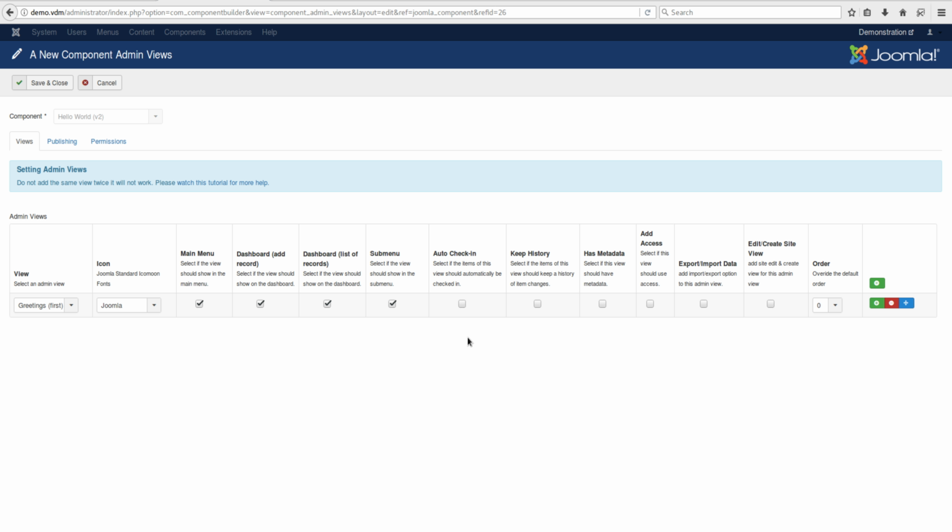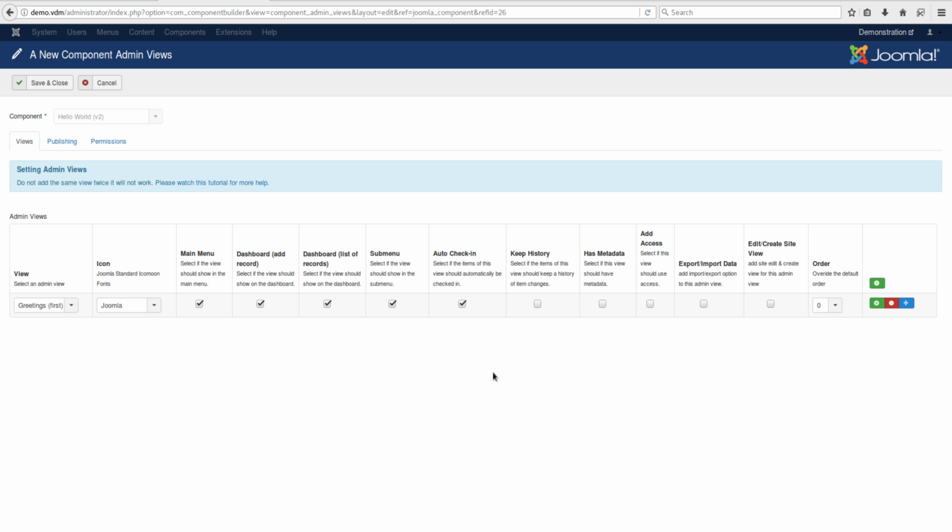checked in automatically. This is one of the reasons why I developed JCB, because I have all these little tweaks that I want in all my views, but I know that if Joomla changes something and I need to change this little tweak, going to every single view is so cumbersome. And so here you simply click whether you'd like this, and if Joomla makes a change that we need to now adapt this feature, we just change it in the compiler and it immediately compiles correctly for all the components